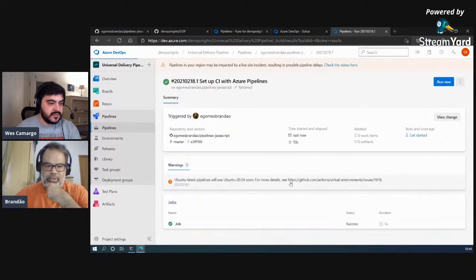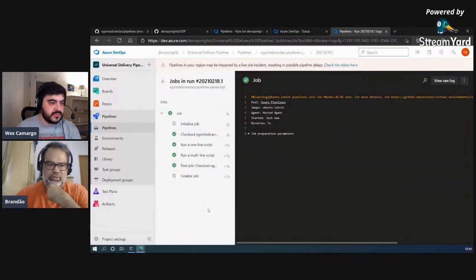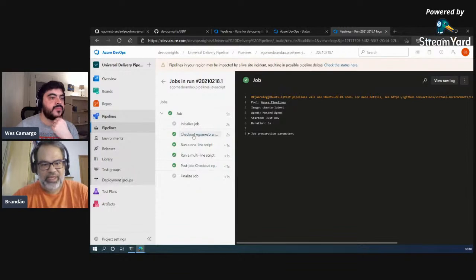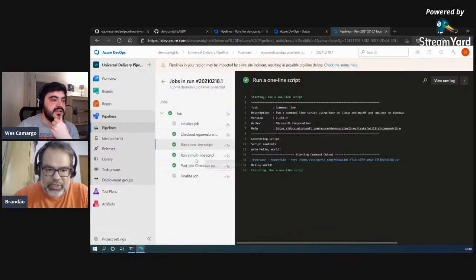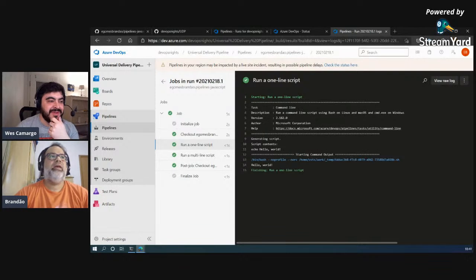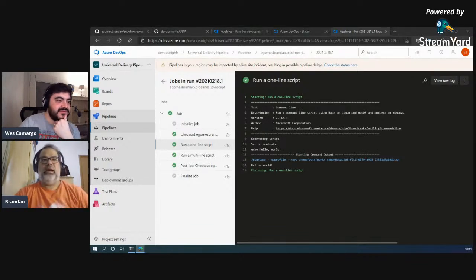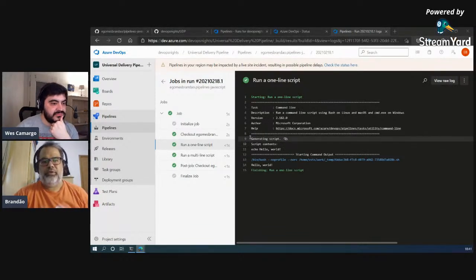Ubuntu pipeline. Yeah, it's fast. Checkout, run, run what? But here it's just the hello world of the pipelines. And now we have to configure a really